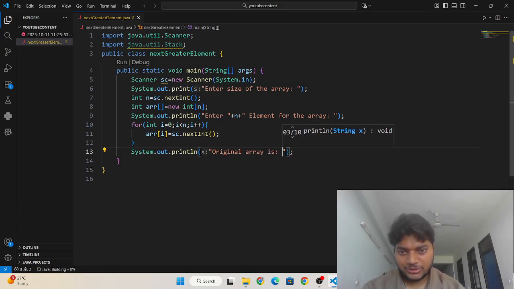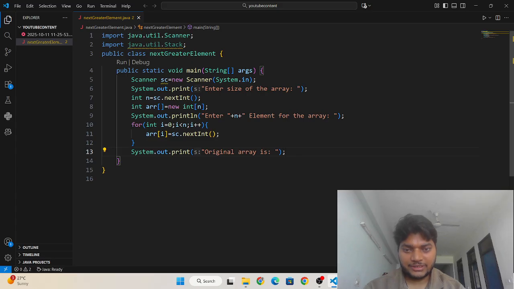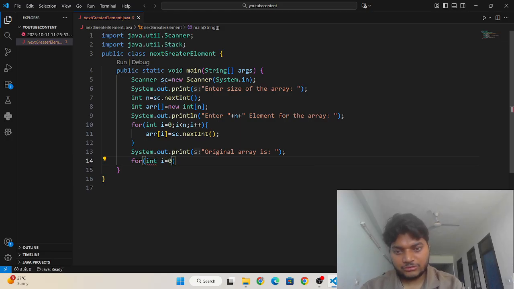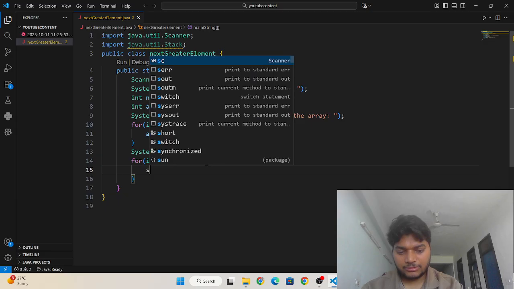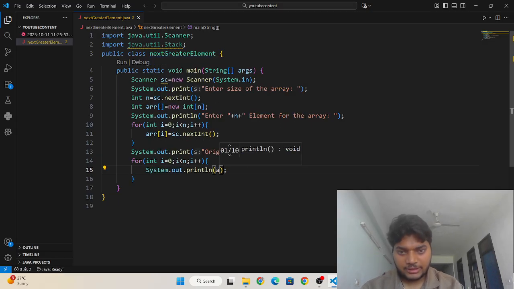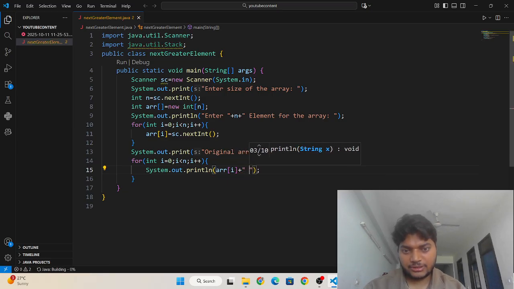I need to remove this ln so that the elements will come after this text. Then for loop int i = 0, i less than n, i plus plus, System.out.println of arr[i] plus a space. And then I need to remove this ln.